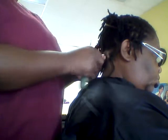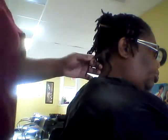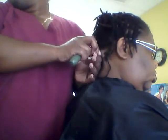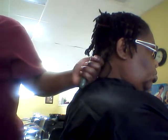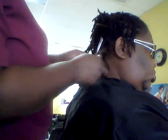Okay, today I will be doing interlocking using a hook on her hair, and I'm gonna be using the Design Essentials cream gel. So what I'm gonna do is I put some of the cream on the hair,